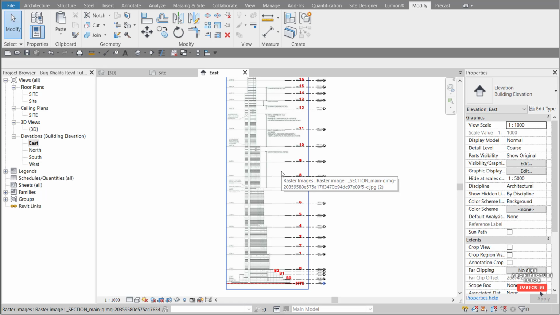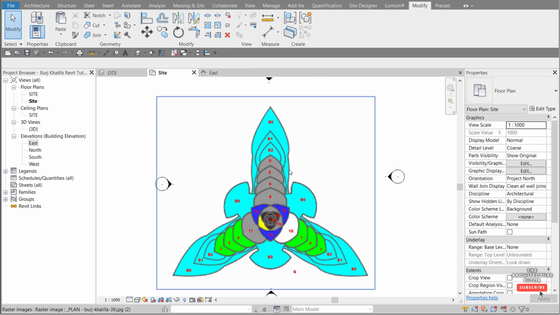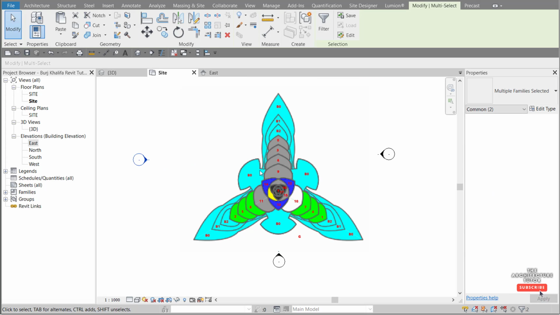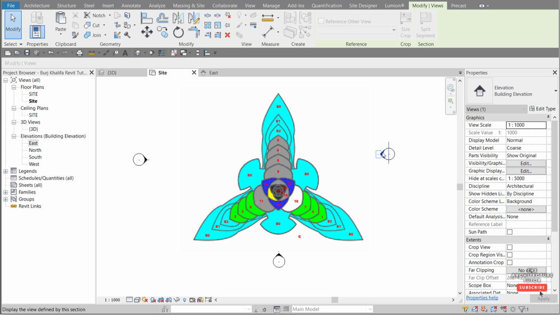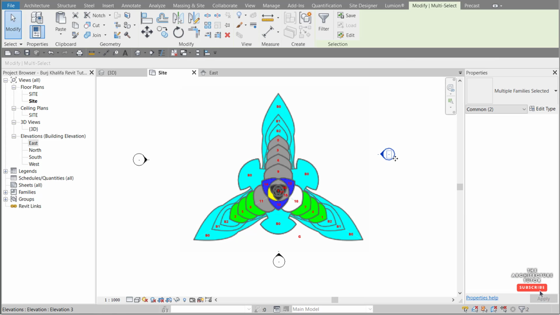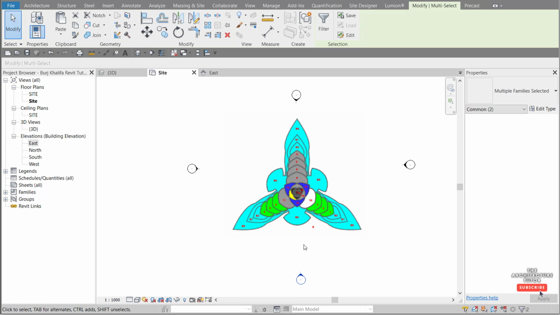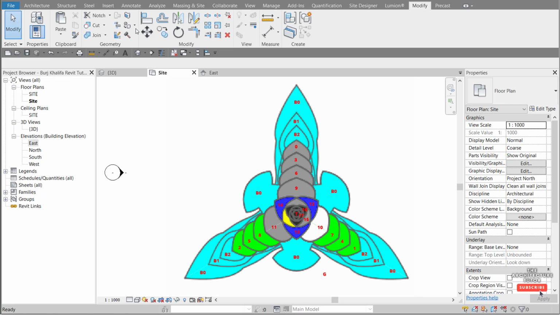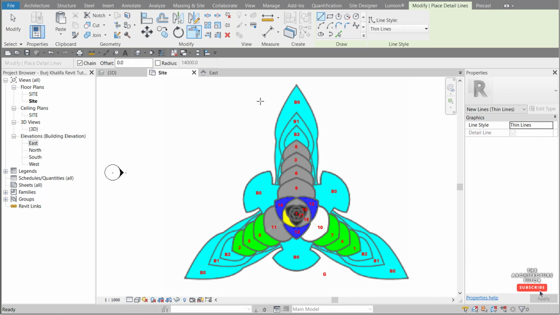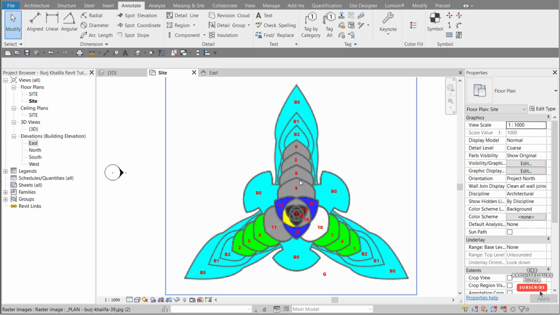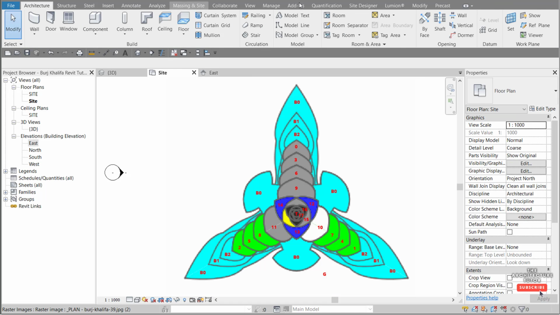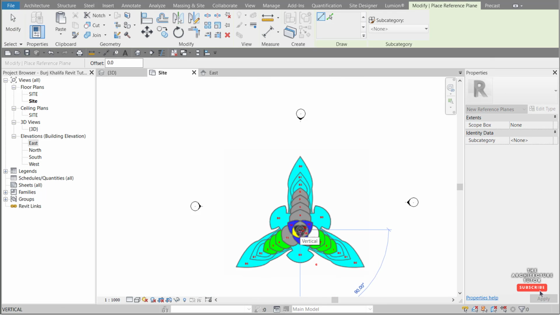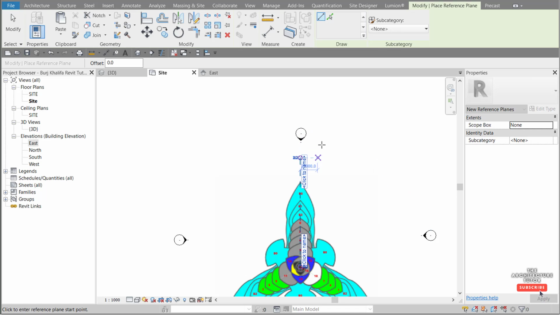Alright, so next step is to go back to the plan, and we want to trace now around this plan. Let's move these out of the way. So to do that, we will use the Annotate tab, Detail Lines, and start tracing around here. But before we do that, we're going to add some reference planes. So Architecture, Reference Plane, and we'll start from the center here and create one reference plane out there like that